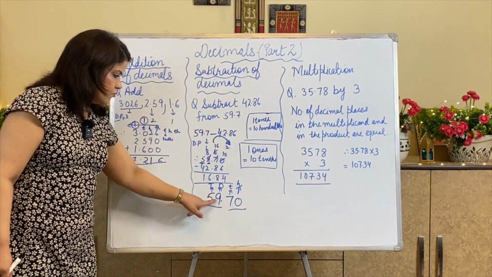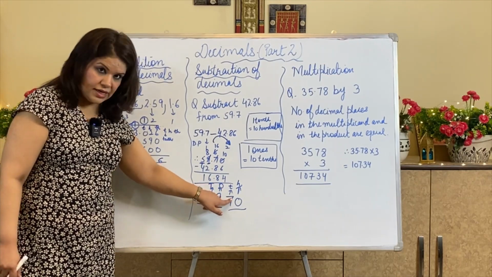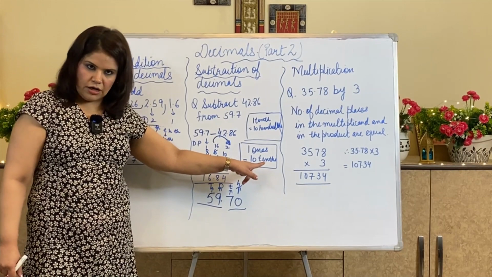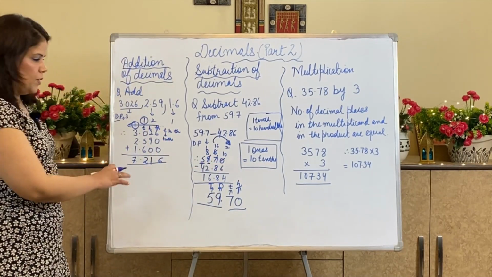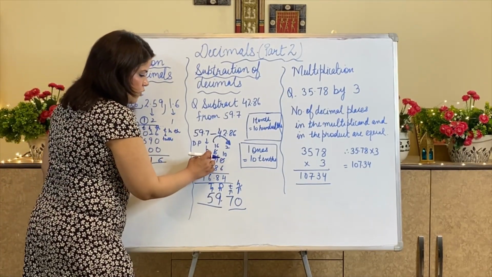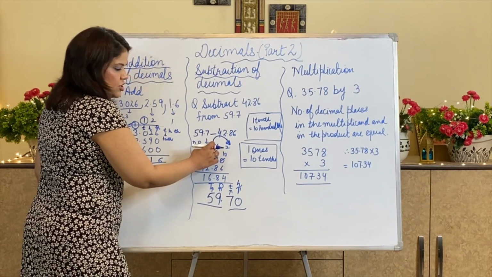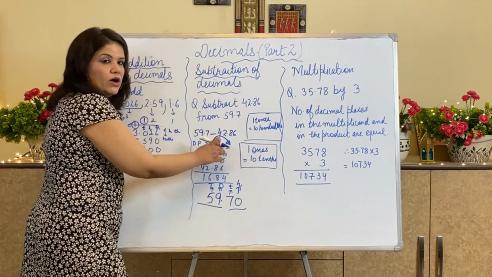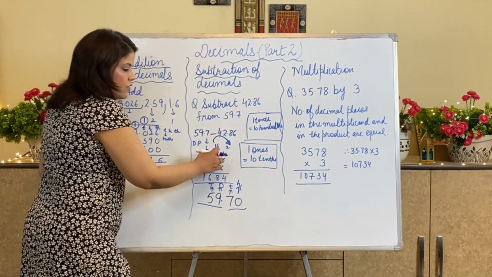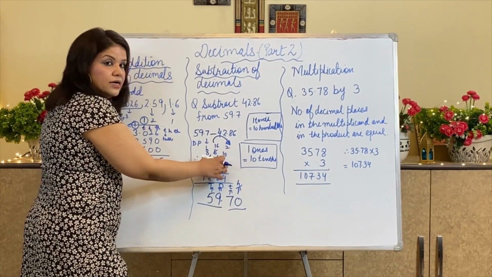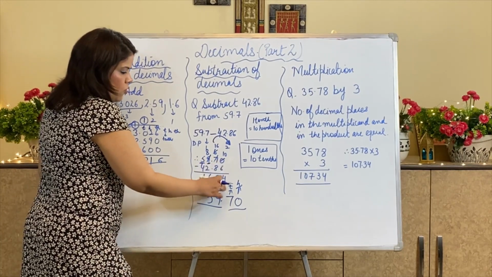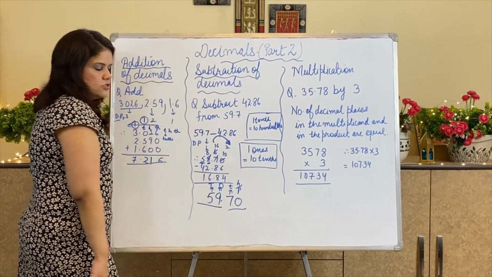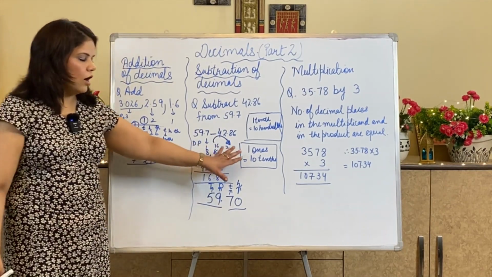Understood? But if from ones, I am coming to tenths, so that 1 ones will act as 10 tenths. Understood? This is called regrouping. So that's why when I have picked 1 from here, it has changed to 16. Why 16? Because it has already given 1 to here. Okay. So that 1 has become 10 hundredths. So this is 4. Then we will solve 8. This is 6 and this is 1. Have you understood how to shift?